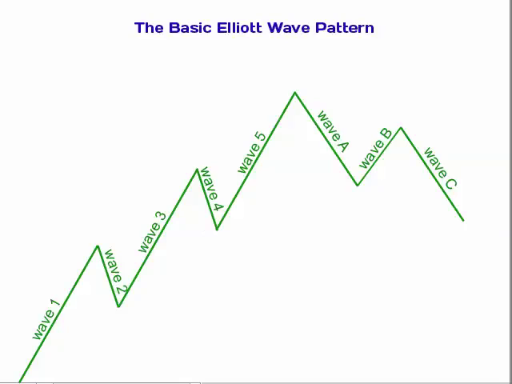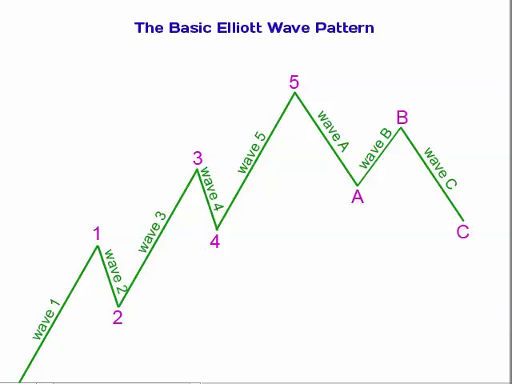When we label these waves on charts as Elliott waves, we always place the label for the wave at the end. So the label for wave 1 goes precisely at the end of the first wave. The label for wave 2 goes precisely at the end of the second wave. 3, 4, 5. Likewise, the labels for the corrective waves are placed precisely at the end of each wave, A,